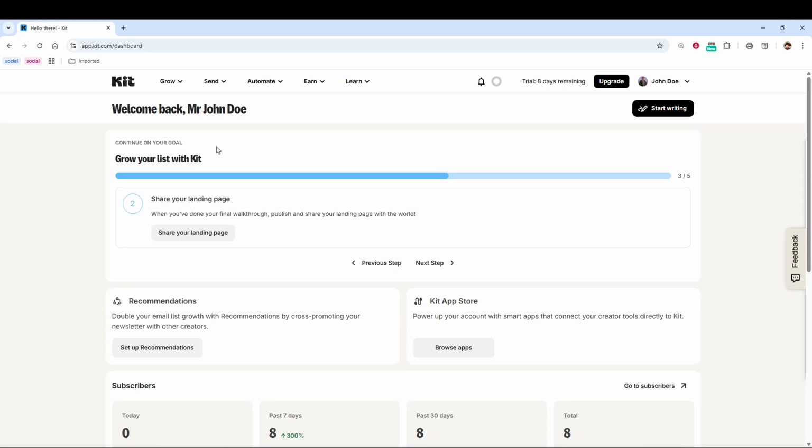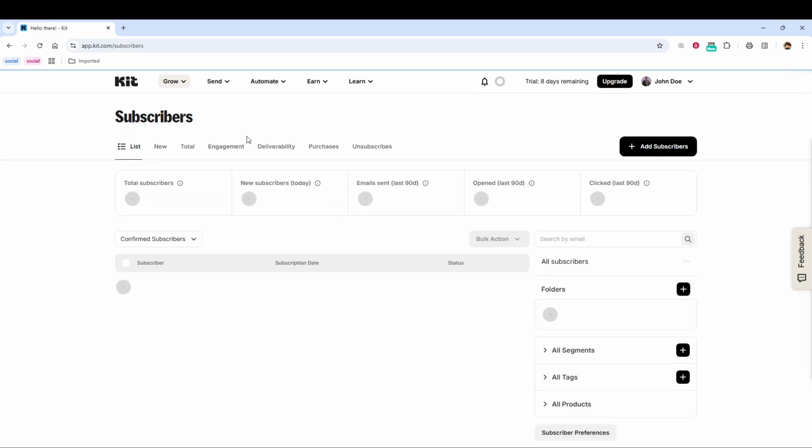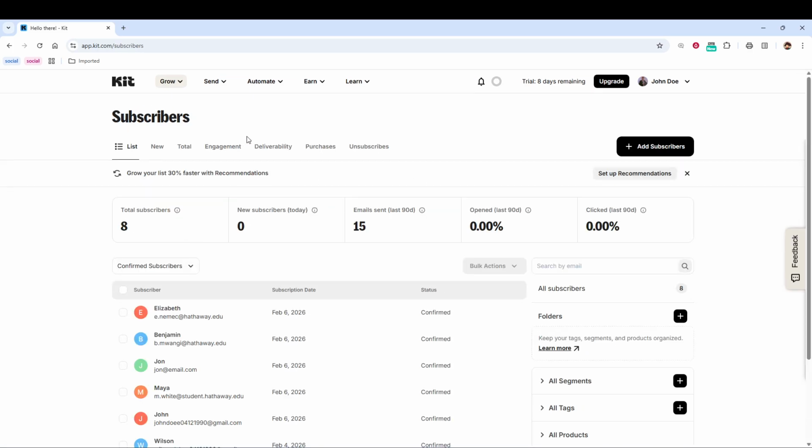not be engaging anymore. First, sign in to your Kit account and look for the main navigation bar at the top of the screen. Up there, you'll see a tab labeled Grow. Go ahead and click on Grow and then choose Subscribers from the dropdown. This subscribers area is where Kit keeps the master list of people on your mailing list, along with some helpful